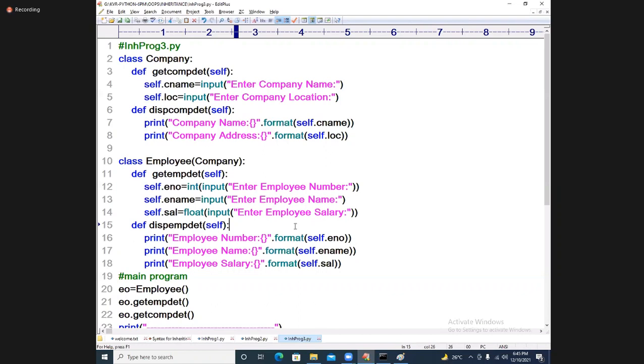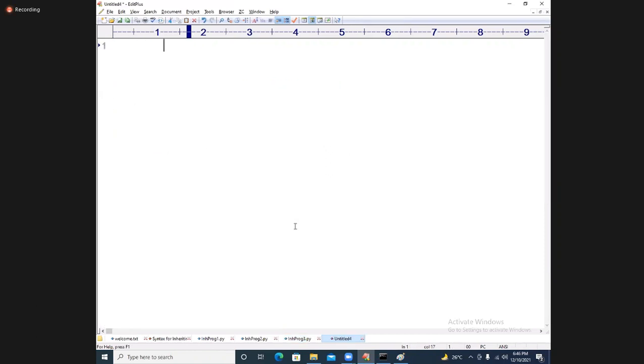I want to cover one small concept before polymorphism, because in polymorphism I am going to use that. I am connecting polymorphism with inheritance. That is called method overriding in Python.